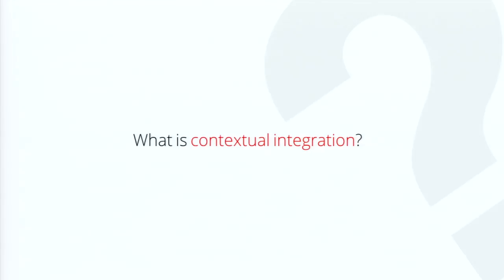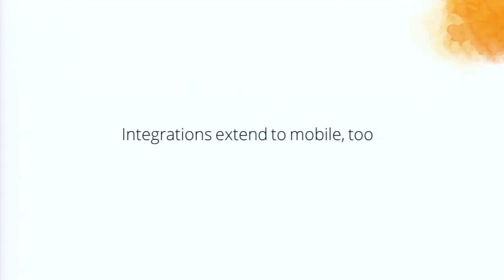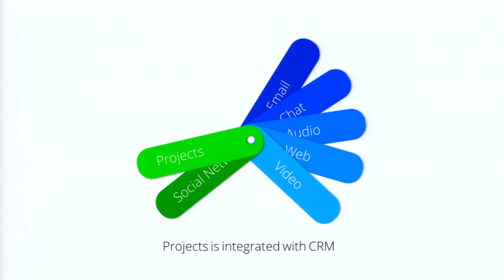So what are these contextual integrations? Information is automatically pulled in to the right place at the right time. And these contextual integrations are not just in the desktop. We have extended that to the mobile as well. So that's bidirectional integration of unified communication apps between a CRM, a front office app, and our unified communication suite. But then there are more.